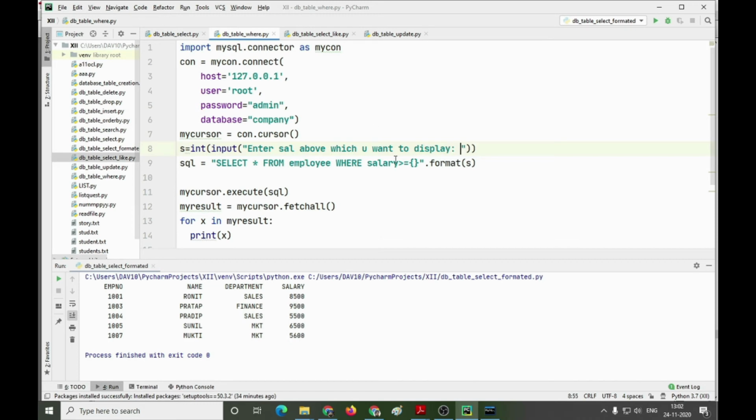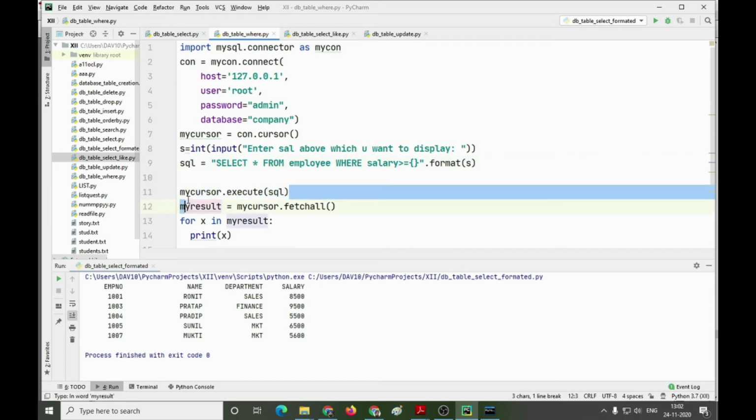That value will be accepted in the variable s, and then a query is written over here. These curly braces will be replaced by the value which is given in this format as a parameter. That means s is the salary above which I am going to generate. All the values will be fetched from the employee table which has salary greater than this value passed as parameter. So next we are going to execute our query.